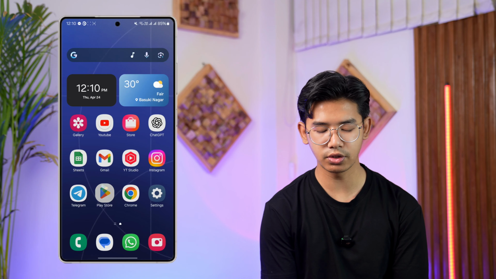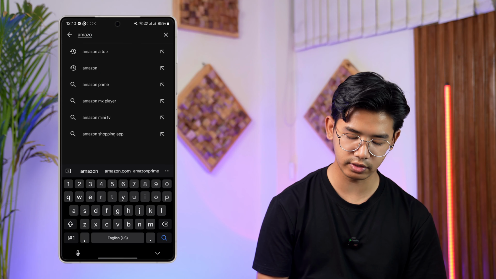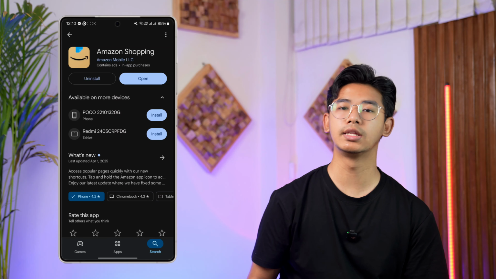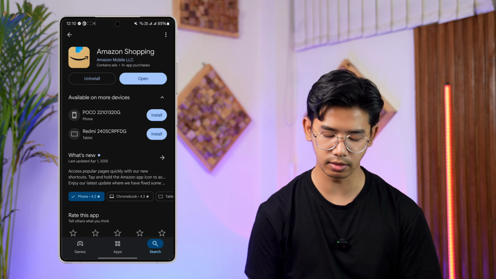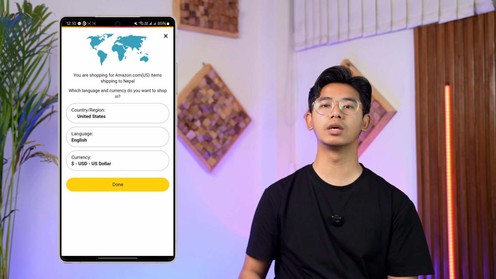Once you've done that, also go to your Play Store or App Store, search for Amazon and check if it has any sort of updates available. If it does, then make sure to update the app to the latest version as well. Once you've done that, try to open Amazon again, and if you're still not able to log in, it